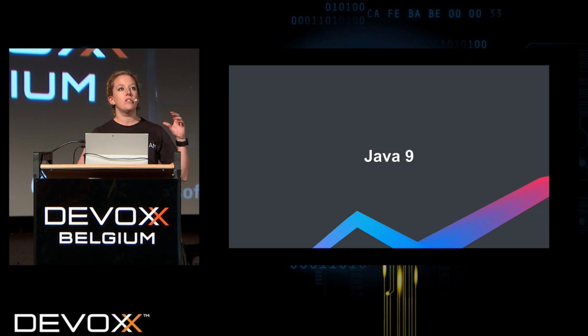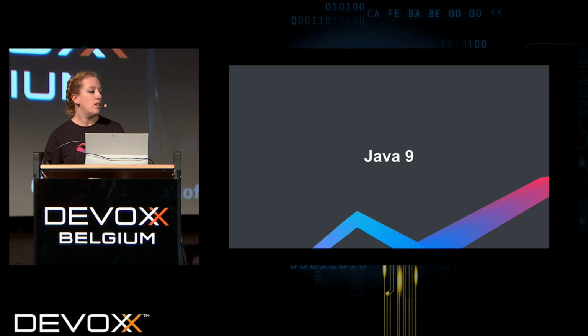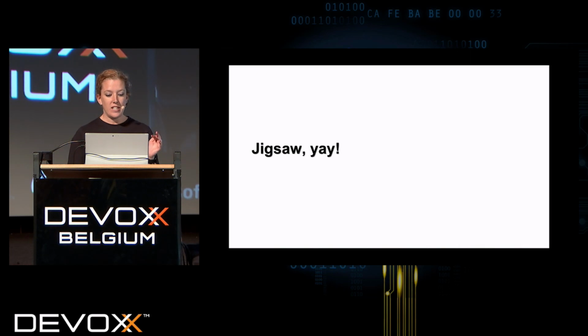Okay, so this talk is going to go through some features of Java 9, which I expect a bunch of you were hoping for, and then a bit more about how IntelliJ IDEA is going to work with Java 9. So let's start with the Java 9 stuff. Of course, Java 9 is all about Jigsaw, right? We all know that. That's why it's going to be late again. Sorry, Mark, for bringing that up.